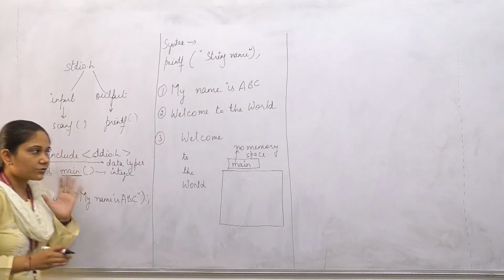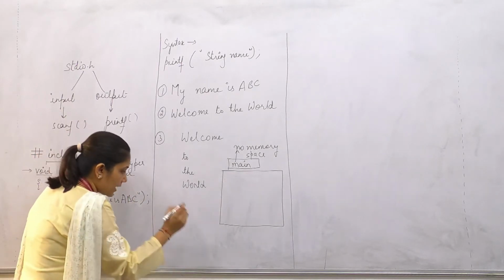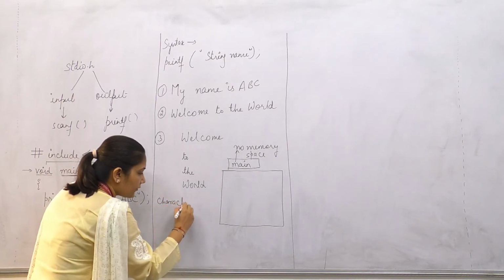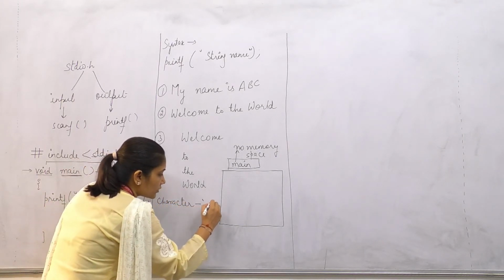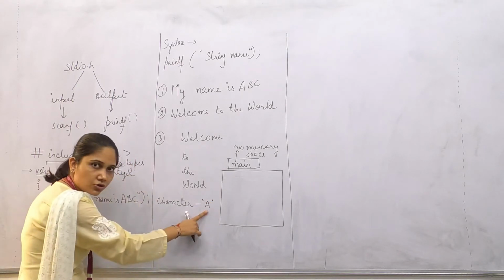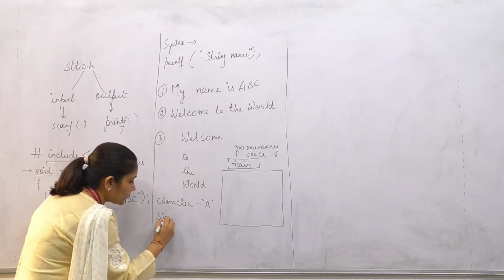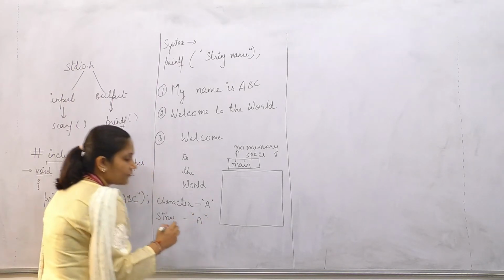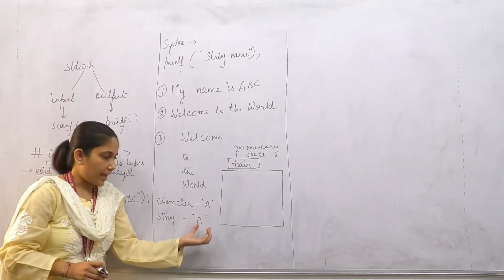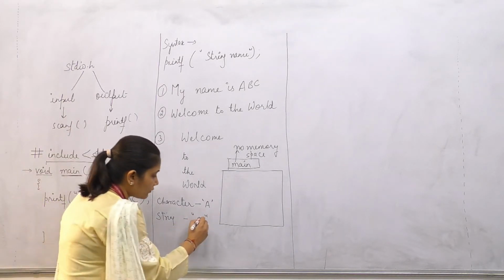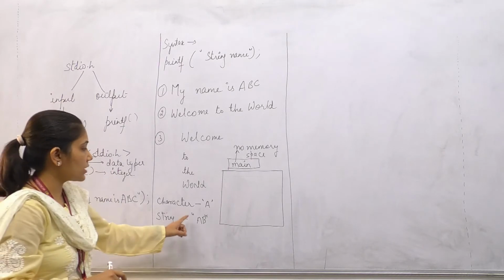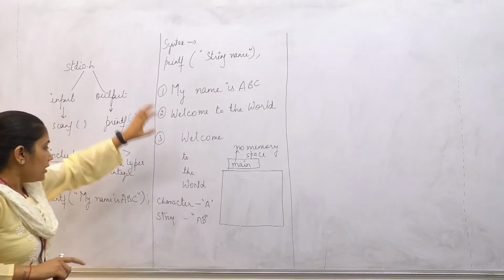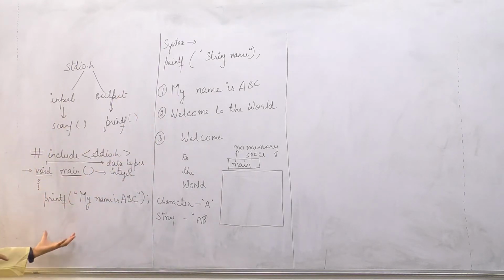Okay. If you are going to write a string, make sure you remember one thing: a character is always enclosed in single quotes. If you are going to write a character, then it will be enclosed in single quotes. If you are going to write a string, then it will be enclosed in double quotes. Right? This is the difference. This is a character and this is a string. So if you are going to write a string, make sure that it will be enclosed in between double quotes. So that's why I have written double quotes here. Okay? So that's how your program will run.